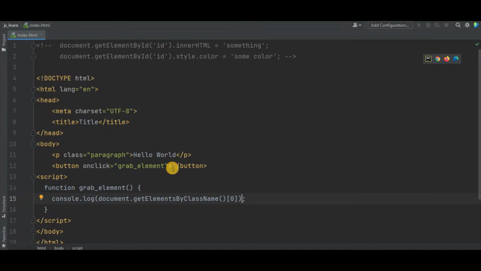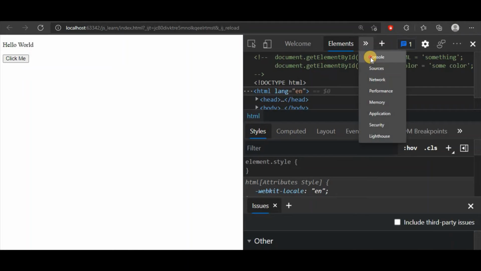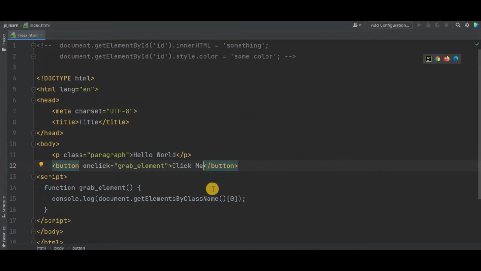Let me add some text in the button: click me. And now I will open the console. Now when I click this button, nothing is happening. Let me check why. Oh, sorry. Actually, I didn't specify the class name. Here I will write paragraph.